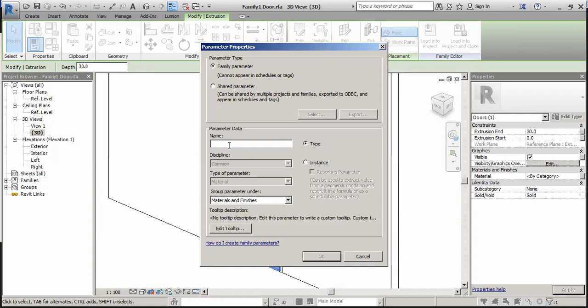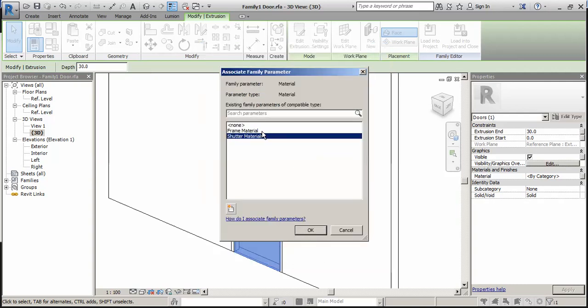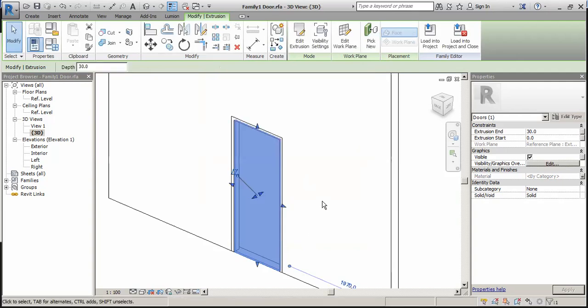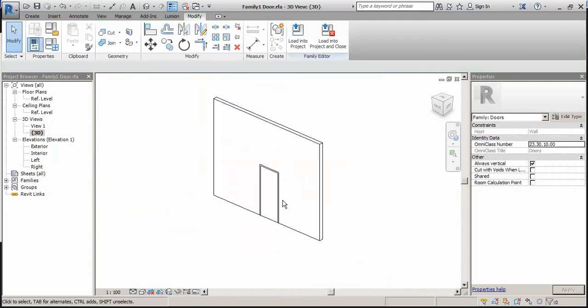In new parameters, we will provide shutter material, and group parameter is material and finishes. So okay, so here we associated two family parameters. One was frame material and second was shutter material. So okay, done. Now what next?